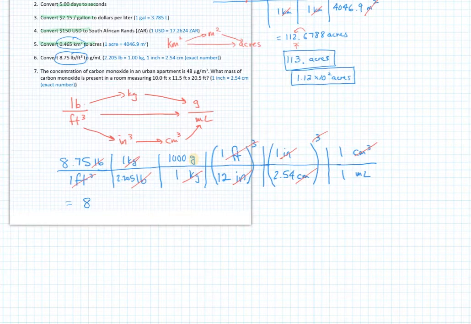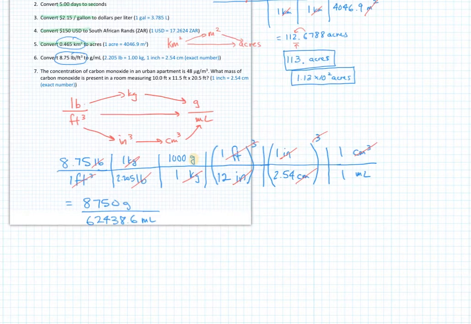I'll write down the top and the bottom. So it's 8750 grams divided by 62,338.6 milliliters on the bottom. So what I did was I just calculated everything across the top, which is 8750, so 1,000 times this. And then I took 2.205 times 12 cubed times 2.54 cubed, and I get 62,338.6 milliliters. If you calculate this,